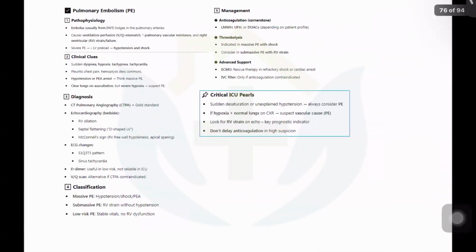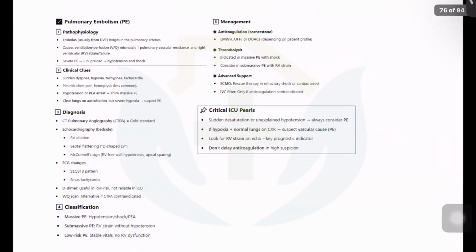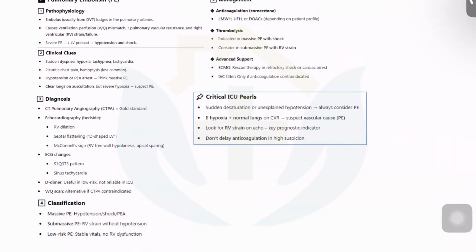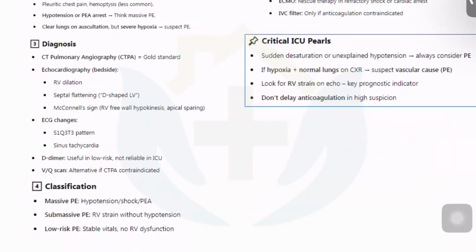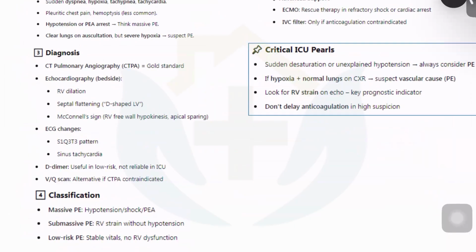Okay. So this is a one-pager for pulmonary embolism. If you want to take a shot, you can take. Basically it is nothing that we have not discussed as of now. The only few things that have been added are echocardiography findings, that is RV dilatation, septal thickening. It's a D-shaped LV. So what is a D-shaped LV? Basically, when you do a short axis view, you see a D-shaped LV.